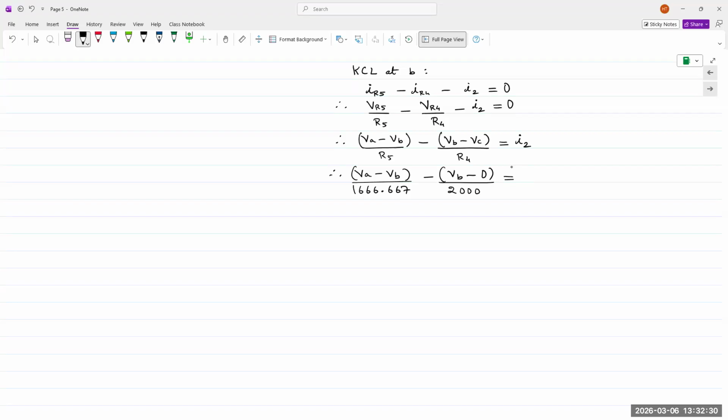And then this is 0.05, 50 milliamps, 0.05 amps. All right, I have 2000 in the denominator. So I'm going to multiply everything with 1000. That gives me